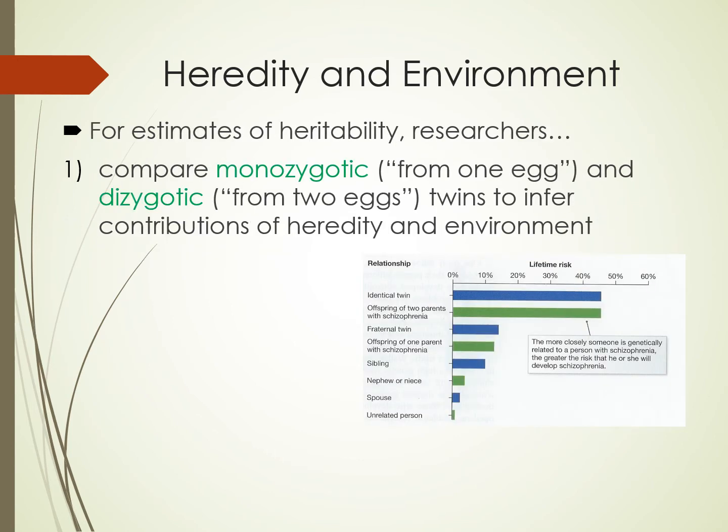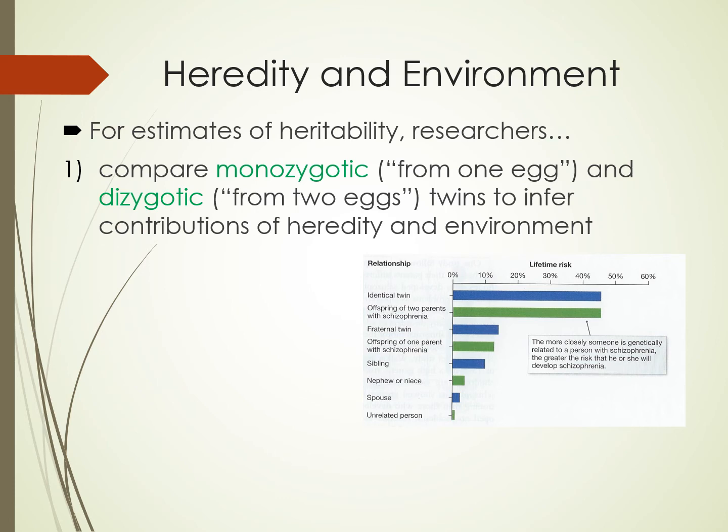There are a number of ways that we get at these heritability rates, and oftentimes they're looking at concordance rates between different groups of people, and looking at the genetic similarity. A really common thing to do is to compare monozygotic twins and dizygotic twins to infer contributions of heredity and environment. So monozygotic twins, being from one egg, share their genetic background 100%. Dizygotic twins, from two eggs, are like regular siblings with approximately 50%